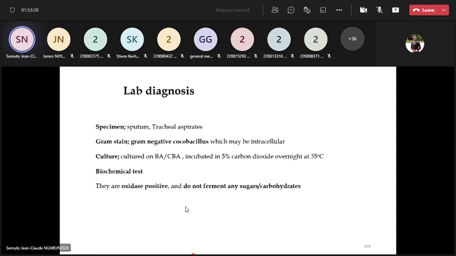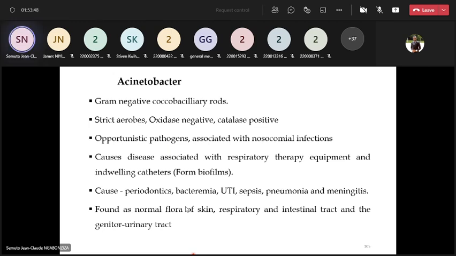So, in question with this, I think it is not such a very typical pathogen, but you just have to know this. Acinetobacter is also cocobacillary picture rods. They are strict aerobes, oxidase negative, catalase positive. They are also opportunistic pathogens associated with mostly nosocomial infection and cause disease associated with respiratory therapy equipment and dwelling